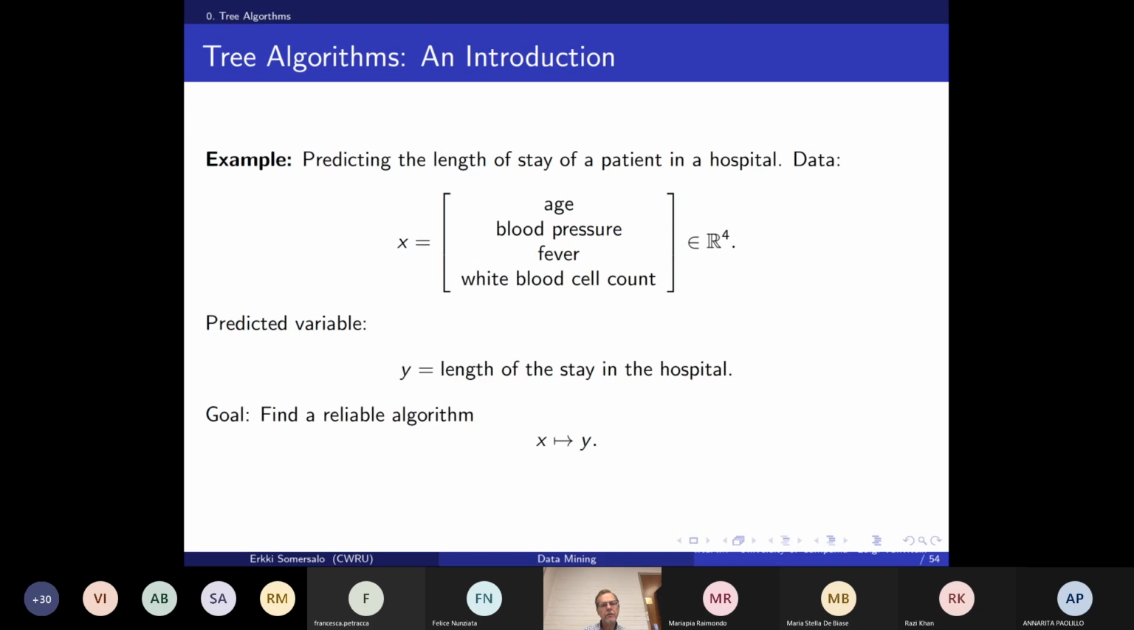So let me start with a simple idea here, which is exactly coming from the medical practice. So suppose a patient comes to an emergency room or to hospital, and so then what you want to do is to